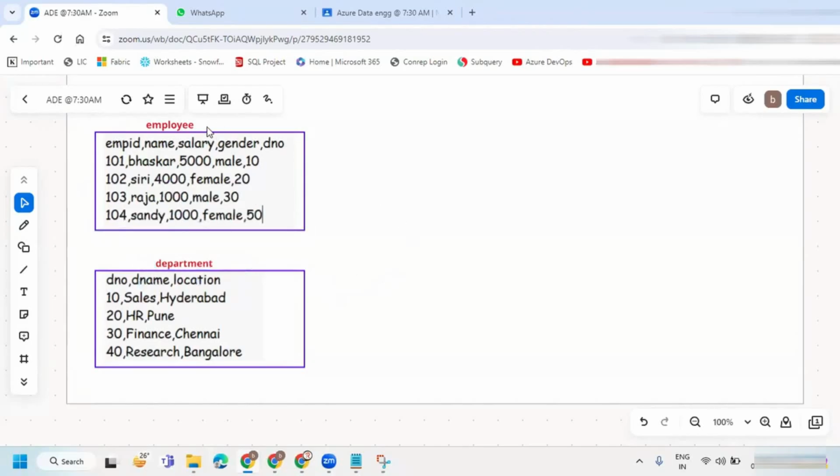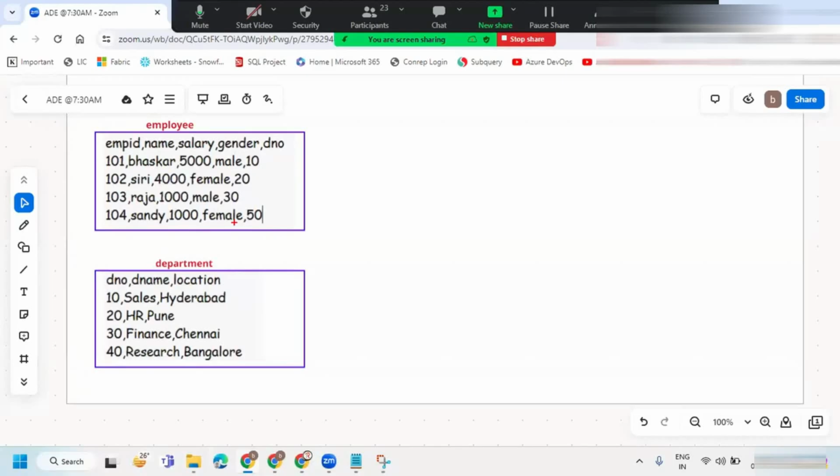So I have an employee table and a department table. Now, if I join these two tables, what kind of output you are going to get? I'm just going to give an idea here, so that we can get better clarity.